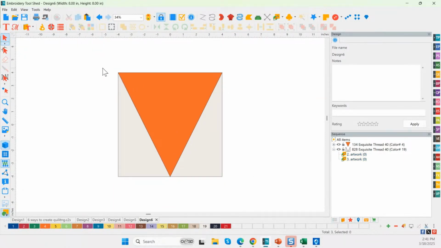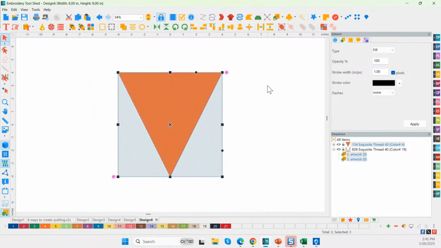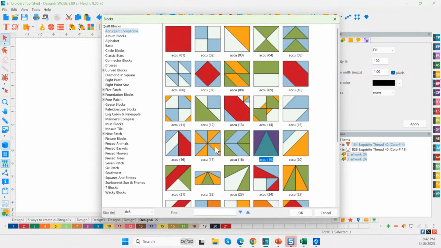Okay. So now this block is 8 inches by itself, and that's going to be a big carrot. If I make 8 inches and then I put something on top, I might not have a hoop that's large enough to piece that. So I'm going to need to resize this, but we'll resize it all at once and set the size. Okay, so let's go back and choose another block. So My Block Piecer, the quilt block library, and for this one, I'm going to choose this pinwheel block here